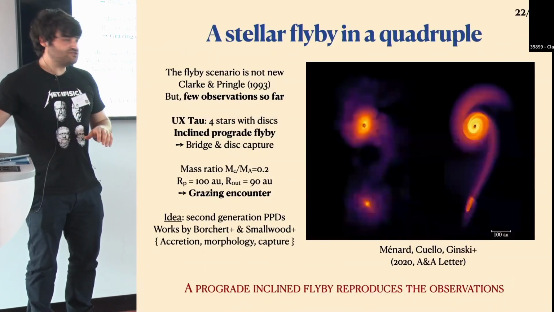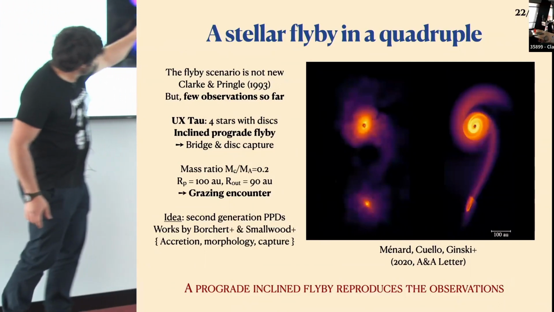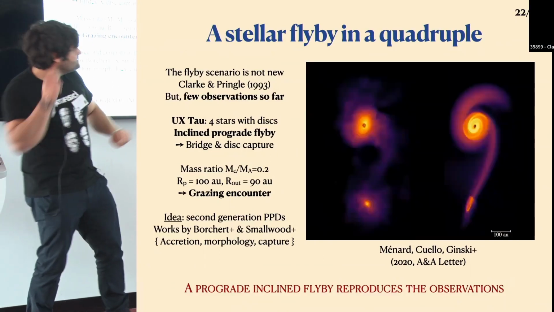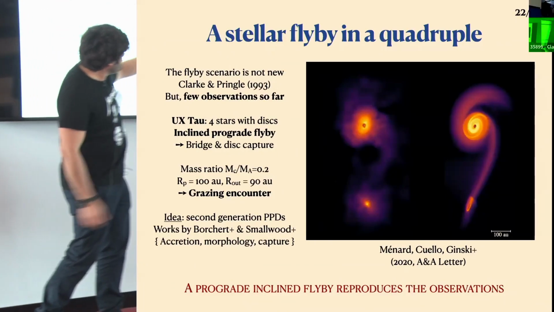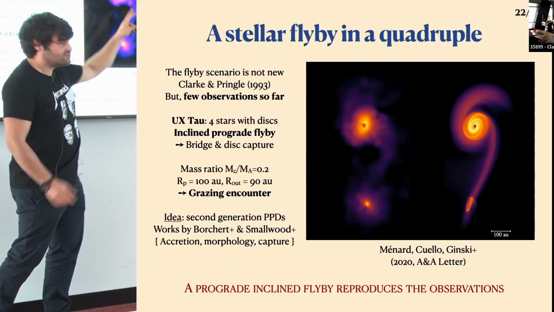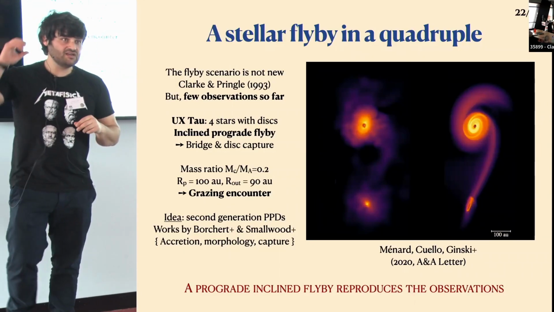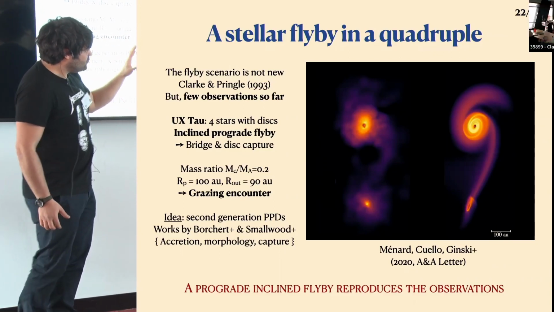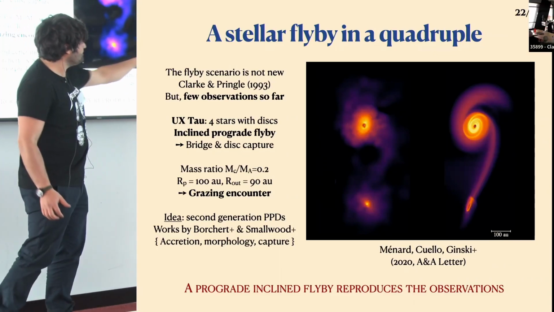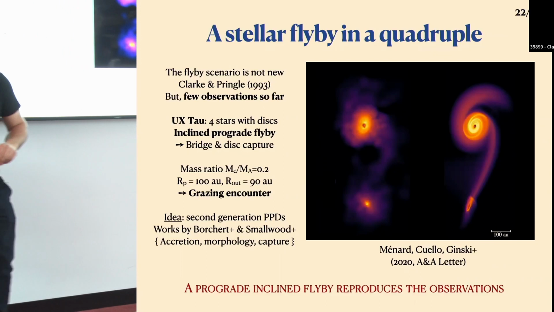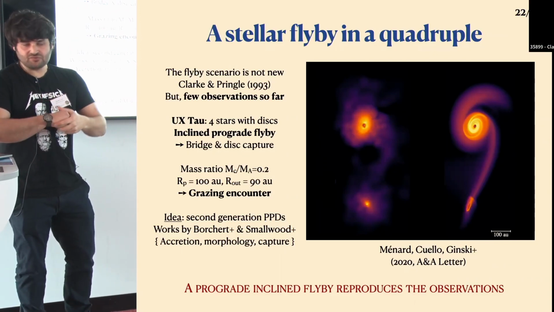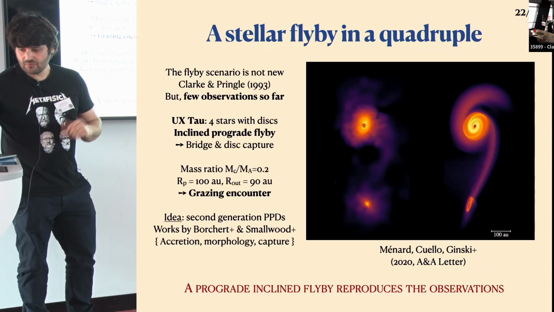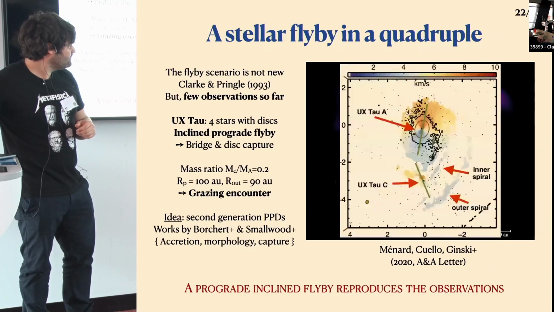And if you push the observations to the limit, this is the kind of thing that you see. We are zooming here around these 2 stars. And what you see is that there is a disk here, and another disk here, and there are some spirals connecting both of the stars. And this is very well in line with what we did for flybys, and we did a simulation on the right that matches almost perfectly what happens here. There is a discrepancy here we can talk about later if you want. But there is this idea that there are second-generation protoplanetary disks, and there are many recent works on this by Eli and also Jeremy Smallwood.